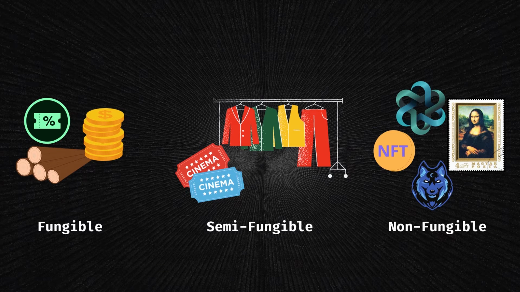They have many use cases, including digital collectibles, music, artworks, and in-game tokens. Throughout this lecture, we'll get to know them in the right manner. You can see in this image the fungible items, such as wood, coupons, and currency like dollars. For the semi-fungible, there are clothes and cinema tickets. And on the non-fungible side, you can see an artwork of the Mona Lisa, some game icons, stickers, or things like that, and the non-fungible token.